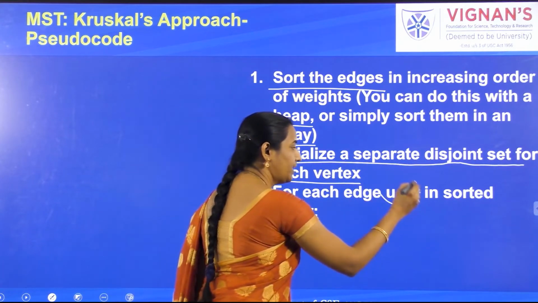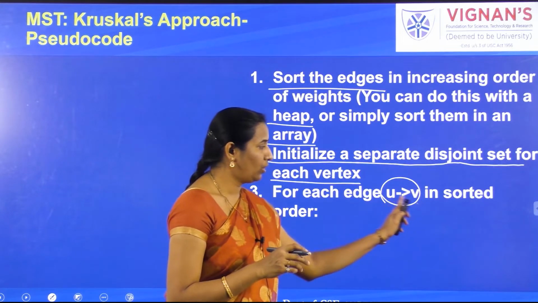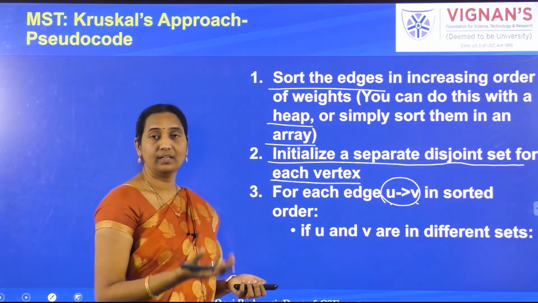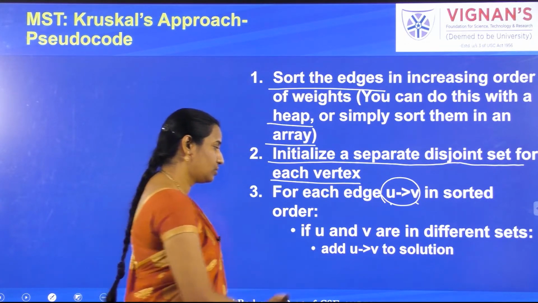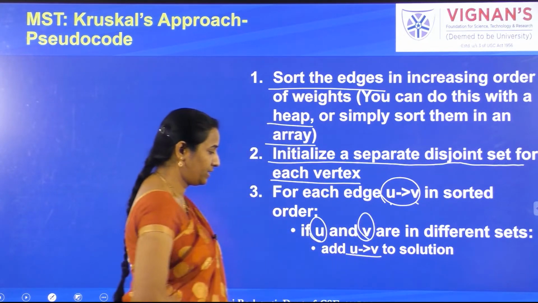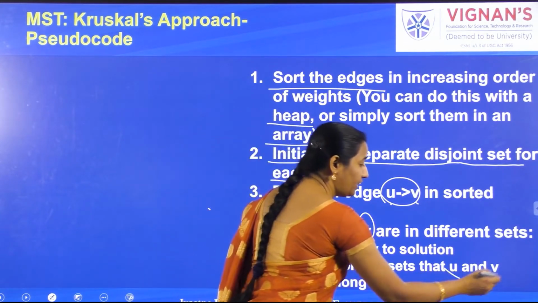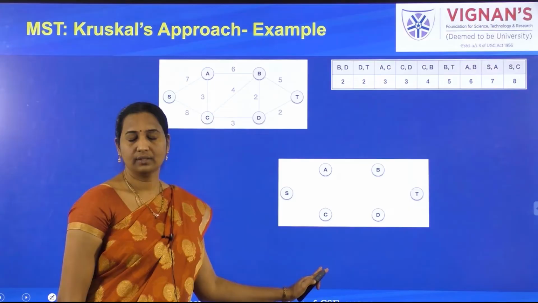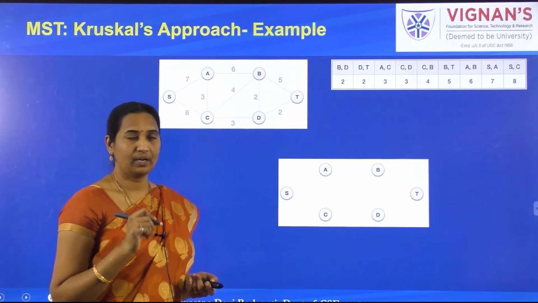one of the edges uv. If u and v are belonging to different disjoint sets, and they are not forming any cycle in the resultant graph, then you can add that edge to the solution. So add that edge to the solution when u and v are in different disjoint sets, and then you need to make the sets u and v into a single set, that is, apply the union operation on the sets u and v. Now let's see how you can solve the same problem using the disjoint set union algorithms.